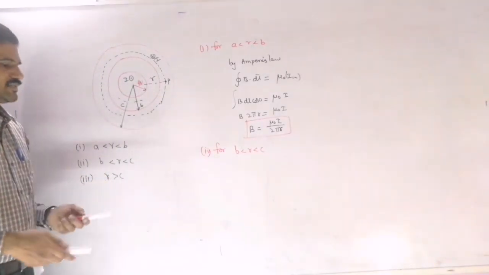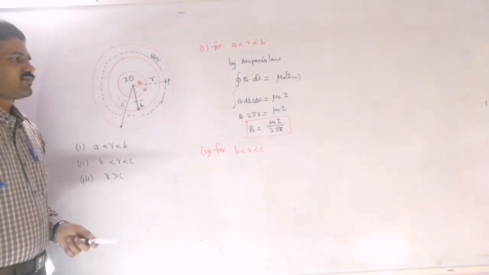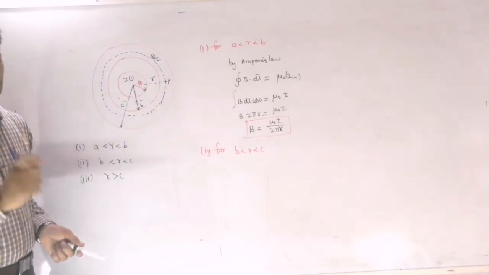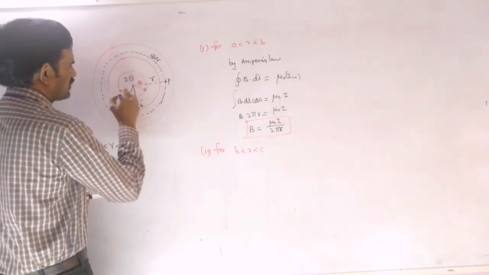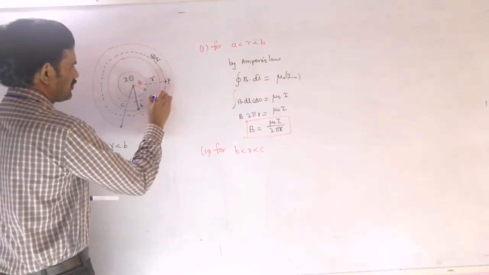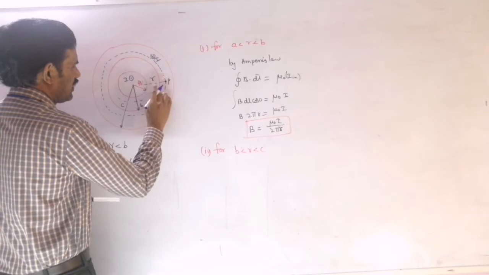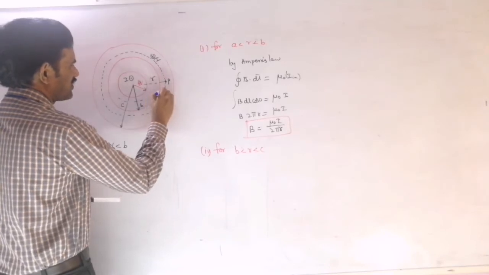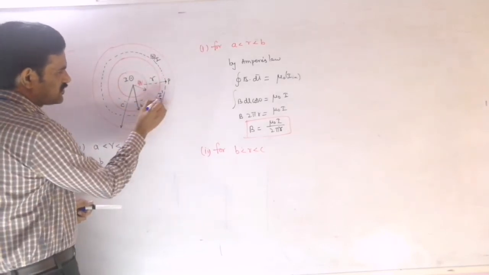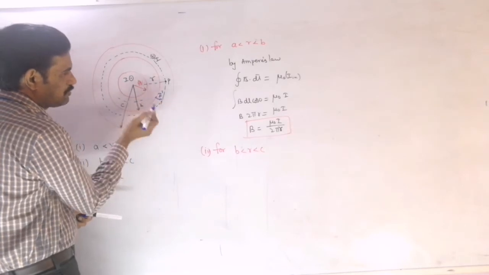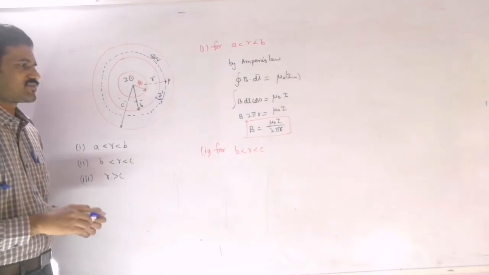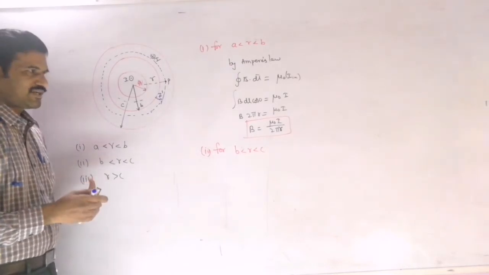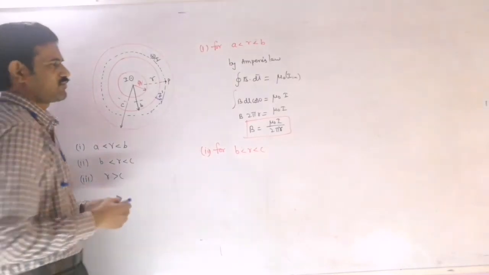Now if we observe this clearly, we need to do the calculation carefully here, because there will be some contribution from this current I due to this conductor, and here also some current will be there. This current is out of the plane, and I am taking it as some I dash. The current only in between b and r, in that region, I am taking as I dash. So first I am doing that I dash calculation here.